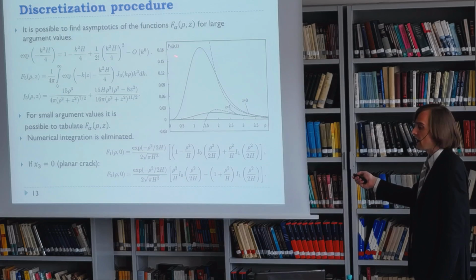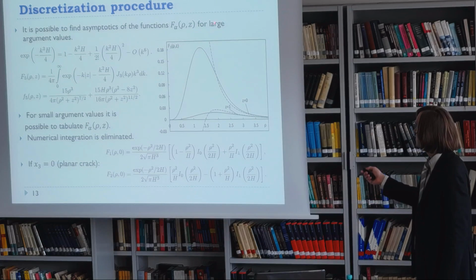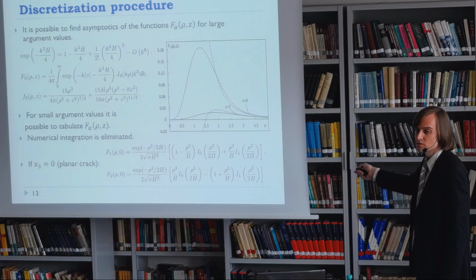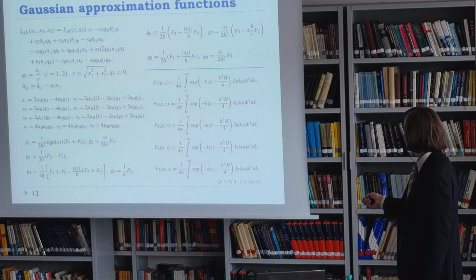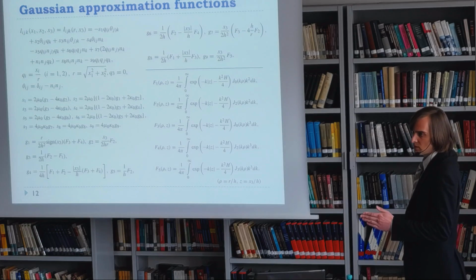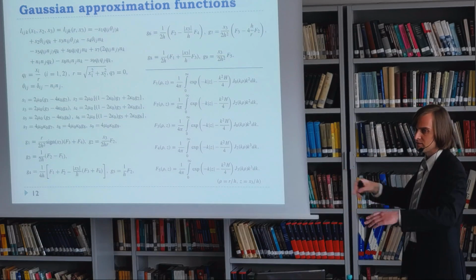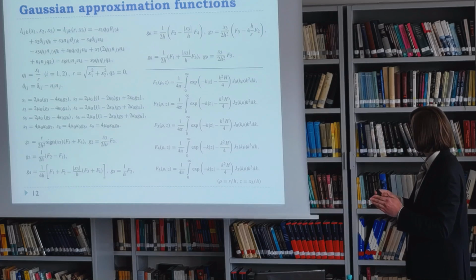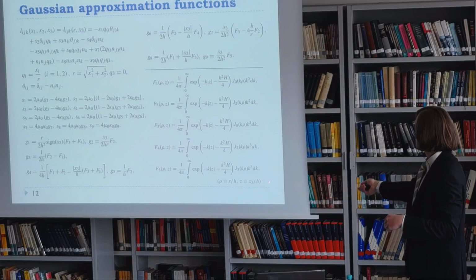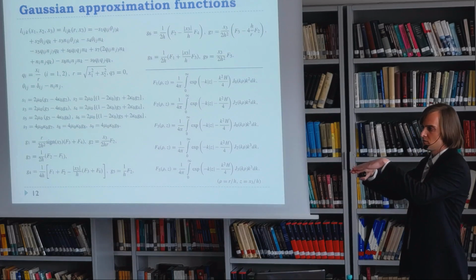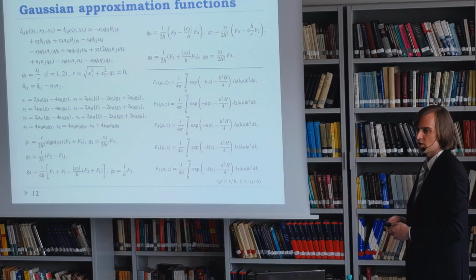For example, for f5, we may propose some asymptotic function, which is polynomial, basically, for big values of this integral. It's presented in terms of rho, which is the normalized distance in the crack plane from our point of interest, and z is the normalized distance in the direction normal to the crack surface.